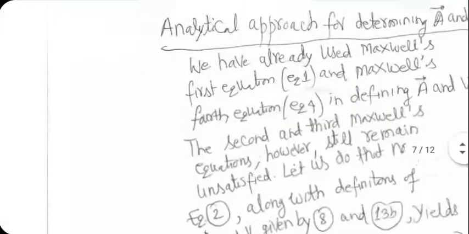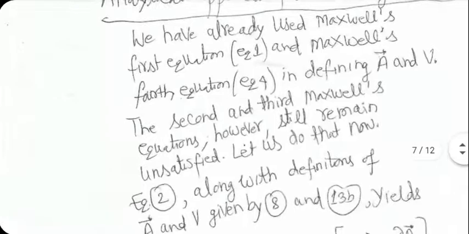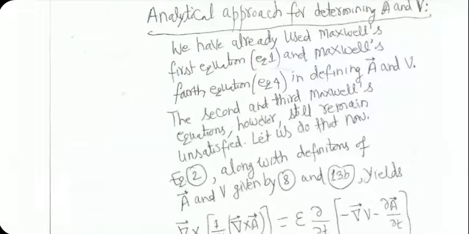So if we do that now and use the definitions of A and V that we have already gone through, what happens? Some more info should be coming out for sure. I know this is a little bit tricky part. We have to go through it once. After that, the results will be available for us to use for the rest of the course. You don't have to do the derivations again and again.